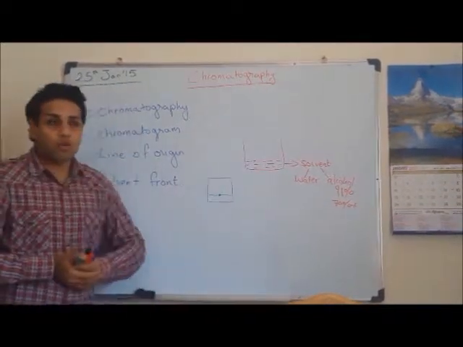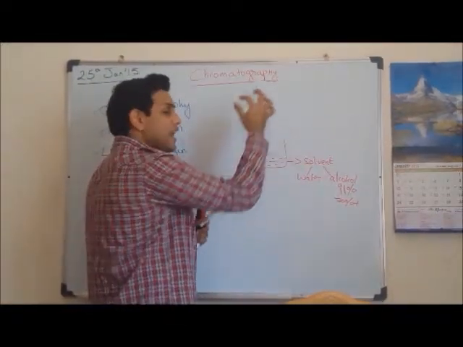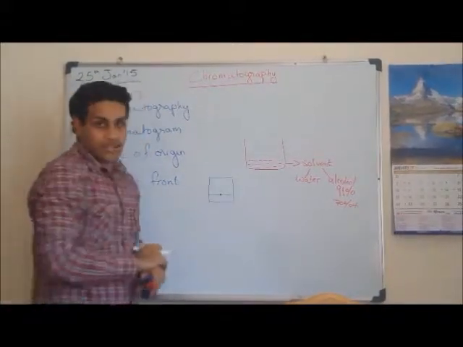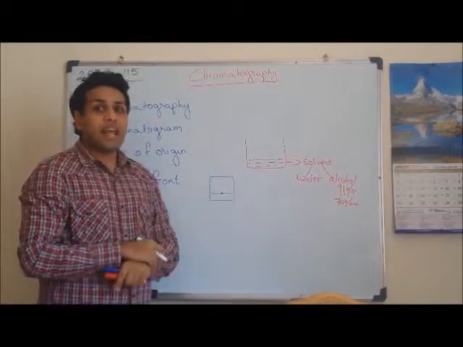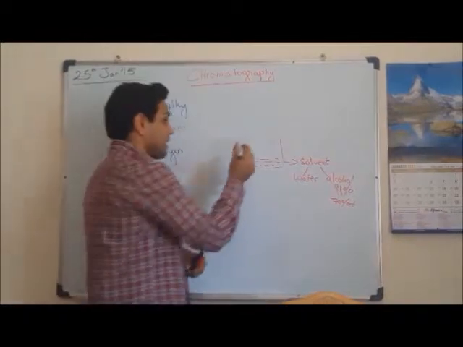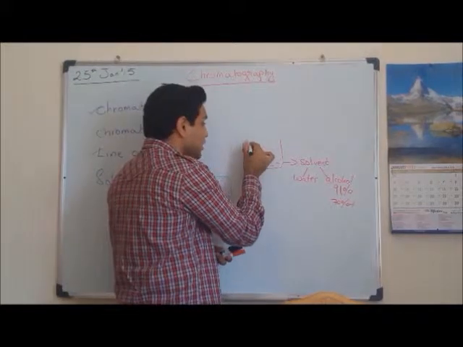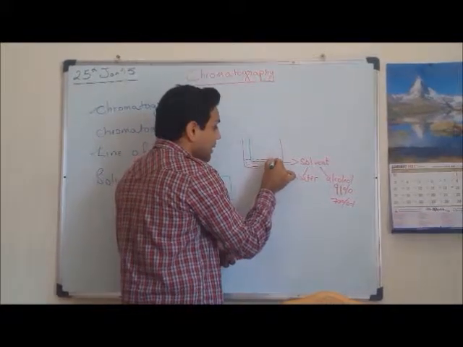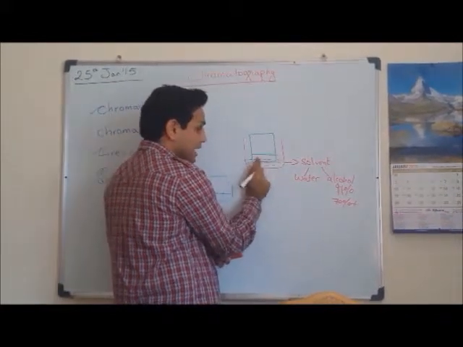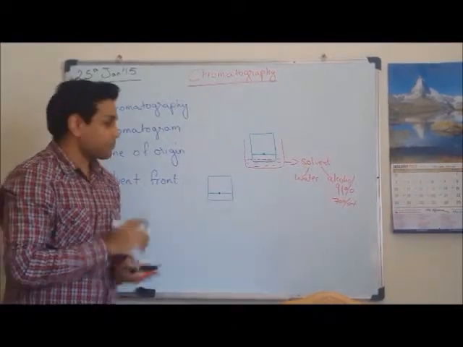Leaving it to dry for about 1 to 2 minutes, then we start up with the process. You can take the filter paper and add it to your solvent, making sure that the solvent is below the line of origin. And the line should be drawn with a pencil, not with a pen, as it can give you false results. Here is an example of how we can keep the chromatography paper or the filter paper inside the solvent. If this is your paper, the line of origin should be above the liquid, as you can see here, and here is our dot, the mixture.